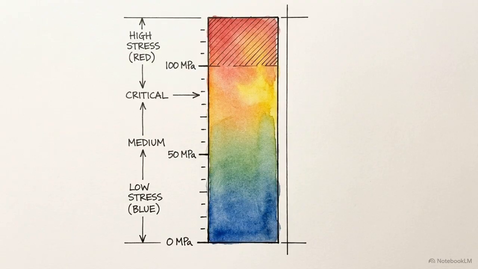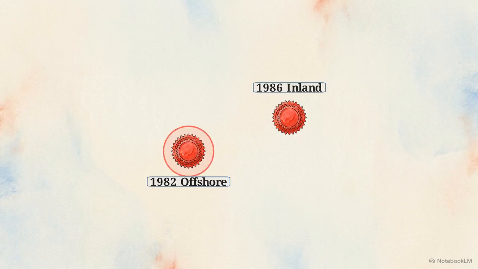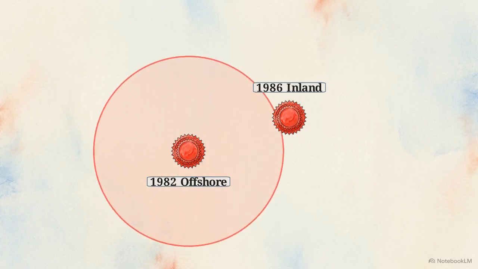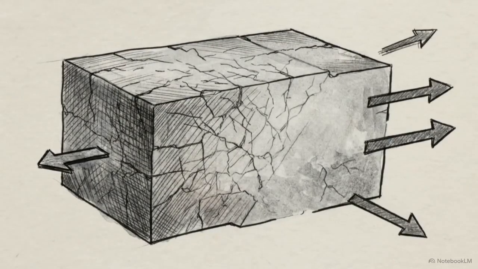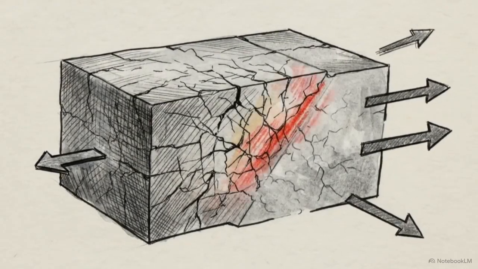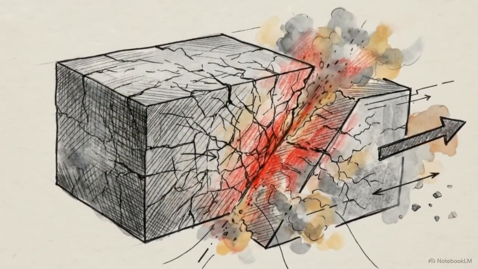The positive values between 0.1 and 0.3 megapascals promote faulting, while the negative blue values inhibit seismic activity by clamping faults shut. The white star on this map marks the epicenter of the shallow 1986 earthquake that occurred 4 years later. It sits within the positive stress lobe. The initiation point for the 1986 rupture aligns with the stress increase generated by the 1982 offshore quake. The 1986 crustal rupture occurred exactly where offshore geodynamics dictated. The deep subduction event loaded that specific fault segment, pushing it past its failure threshold.